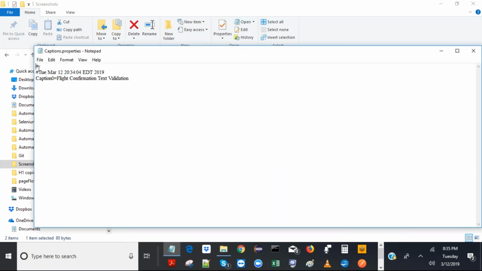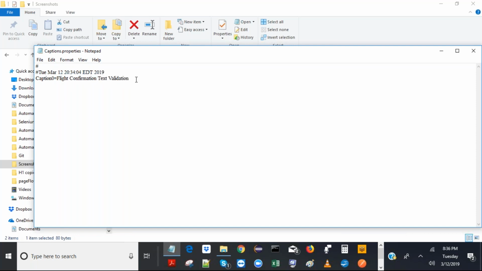So it first logs the timestamp, whatever the last timestamp is. 2034 in 24-hour format, that would be 8:34 PM EST. And caption 0 is my property name. Property file underscore write will write both the property name, an equal sign with no space, and the property value.